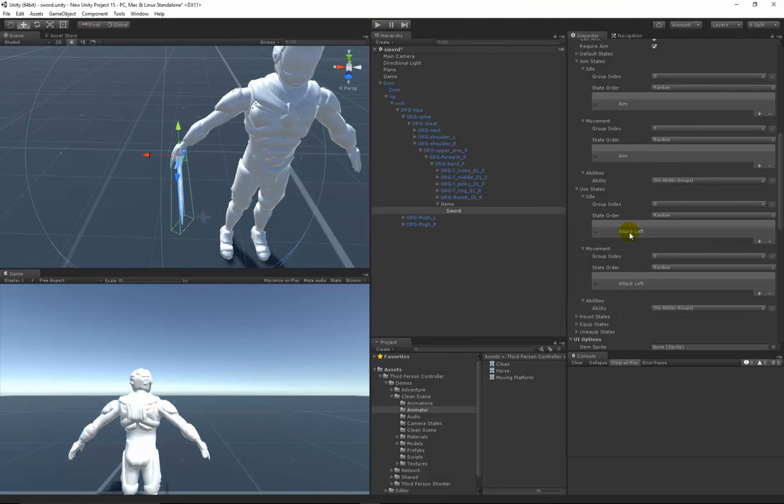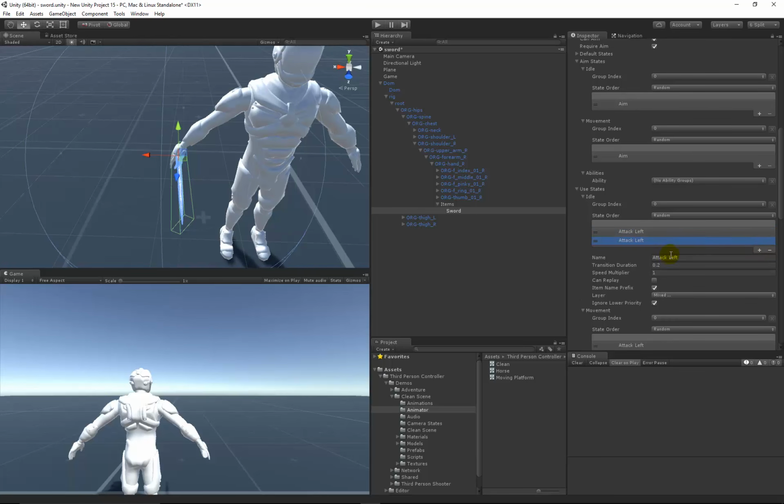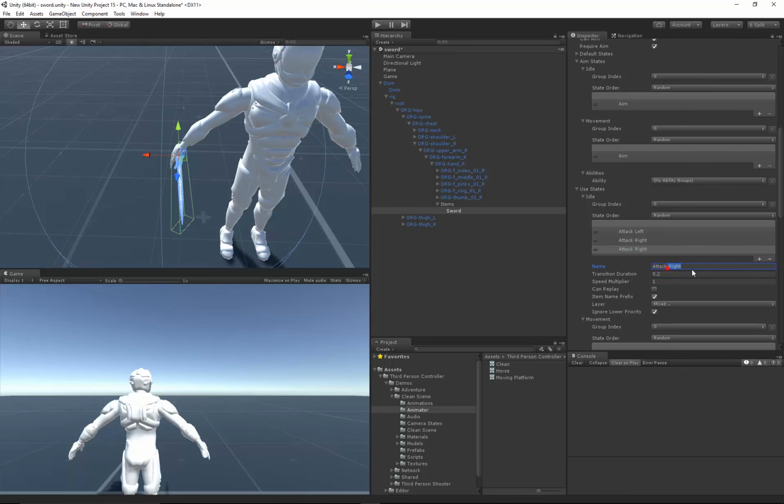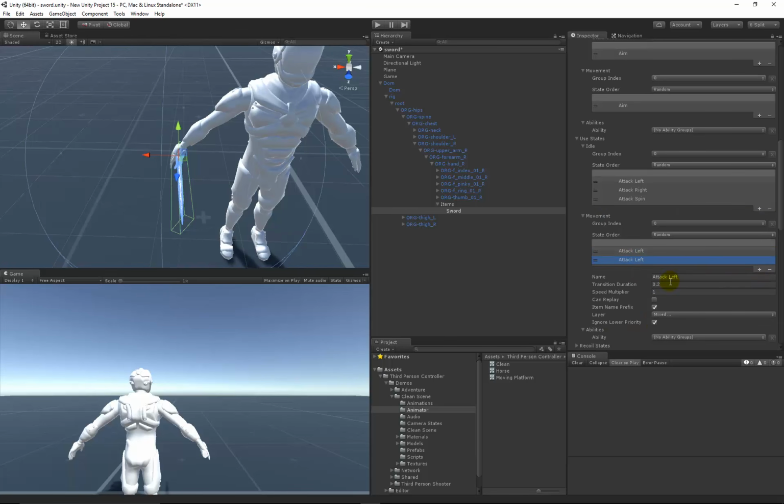Now just to kind of get our money's worth, let's go ahead and add a few more attack states just so that we can really get an idea on how this works. And let's go ahead and add the attack right and the attack combo states. Oh, actually, no, it's not called combo, it's called spin. Attack spin. Now we'll go ahead and do the same here. Attack right